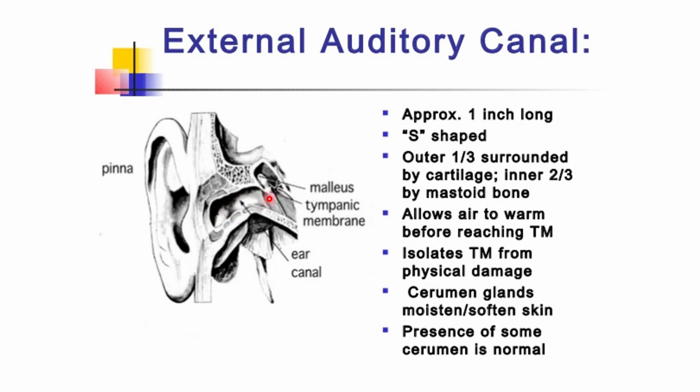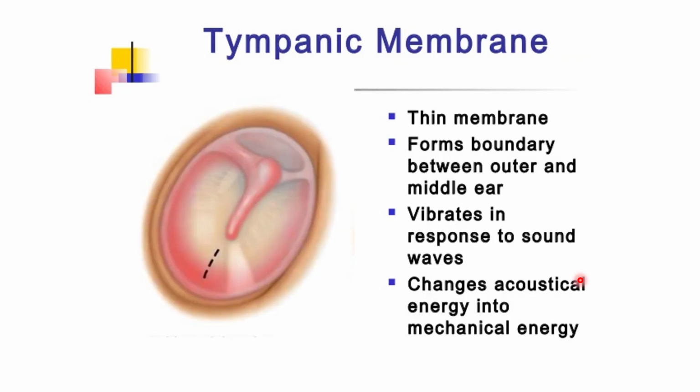So nature has provided this external canal with a purpose, so that nothing gets into touch with our tympanic membrane, because the tympanic membrane is a very delicate structure. It separates the middle ear from the external ear, and it has to be a softer structure. It cannot be very rigid like bone, because it would not fulfill its function then. So that is the importance of the external canal.